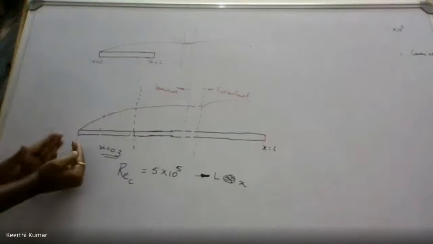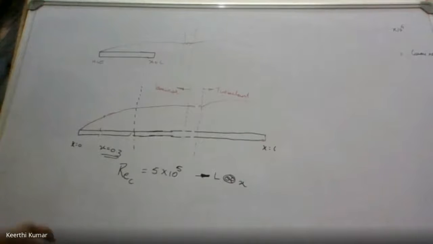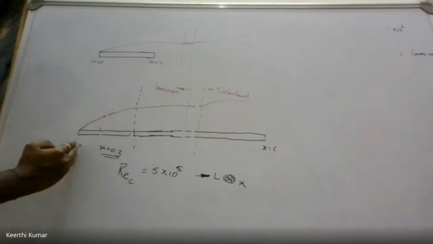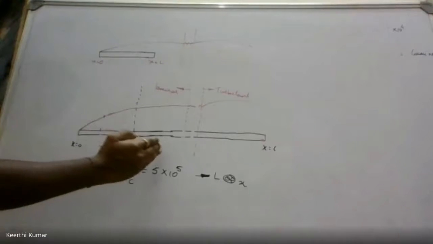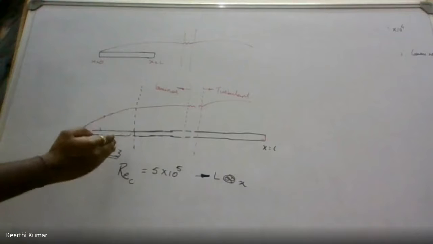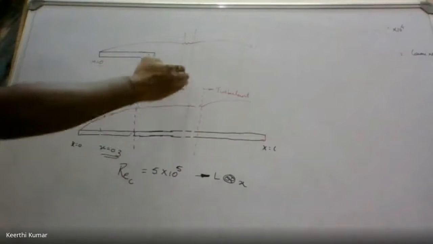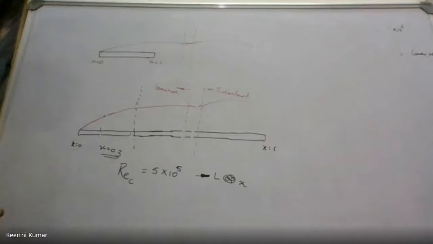At the distance x from here to here, the laminar flow will end. After that, the turbulent flow will take over. Then I will ask you to calculate the properties at x lesser than the laminar length and at x more than the laminar length. That way we will know how to use the formula for laminar flow, the formula for turbulent flow, and how to use the critical Reynolds number. Is it clear? I thought to explain this before starting today's class. Any doubts? If anybody has doubts, please let me know.